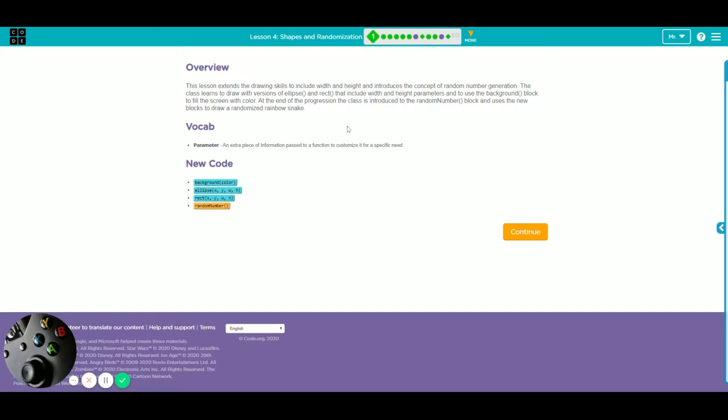Code.org, Unit 3, Lesson 4, Shapes and Randomization. This lesson extends the drawing skills to include width and height and introduces the concept of random number generation. The class learns to draw with versions of ellipse and rect that include width and height parameters and use the background block to fill the screen with color. At the end of the progression, the class is introduced to the random number block and uses blocks to draw